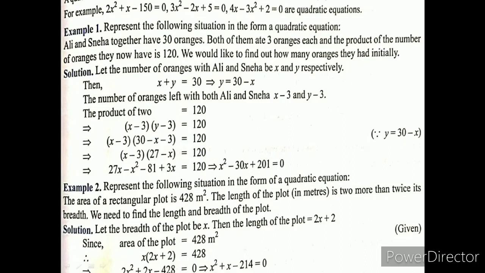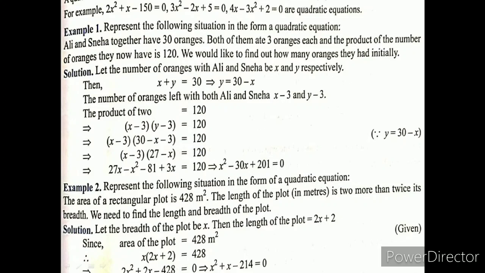Students, if the question comes as an MCQ, then you can write the equation directly, but for a 1 mark question where you have to solve, you have to write your assumption, which quantity you assume for Ali and which for Snake. So students, for the second example, we have to represent the following situation in the form of a quadratic